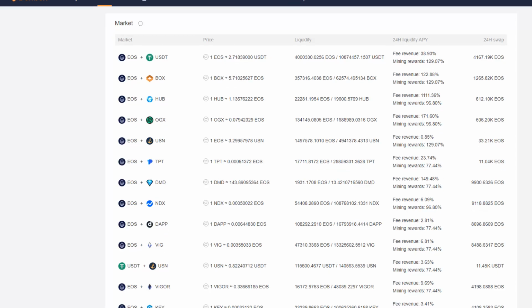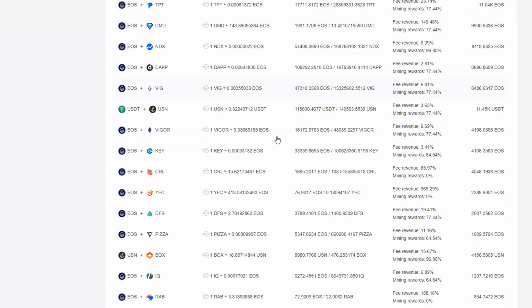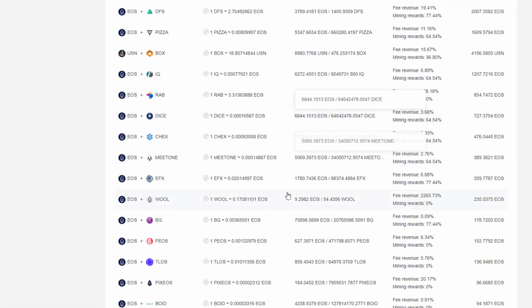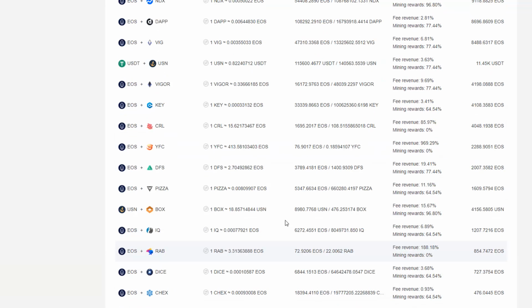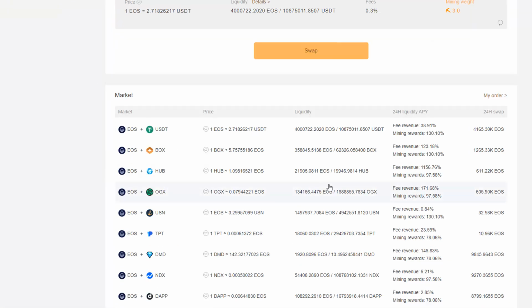And basically what this one is, you can just stake your EOS or the EOS-style tokens on the blockchain, and you get rewards. And it just depends. Obviously, the more you stake, the higher the returns. And I went through some of these, and some of these have got a ridiculous amount of EOS in here.